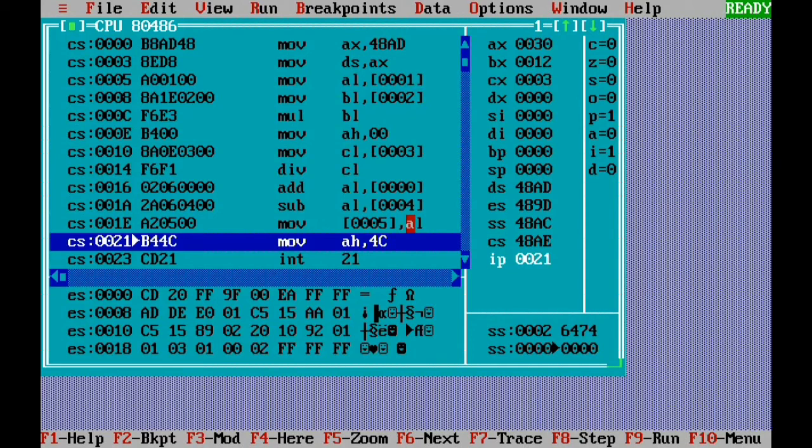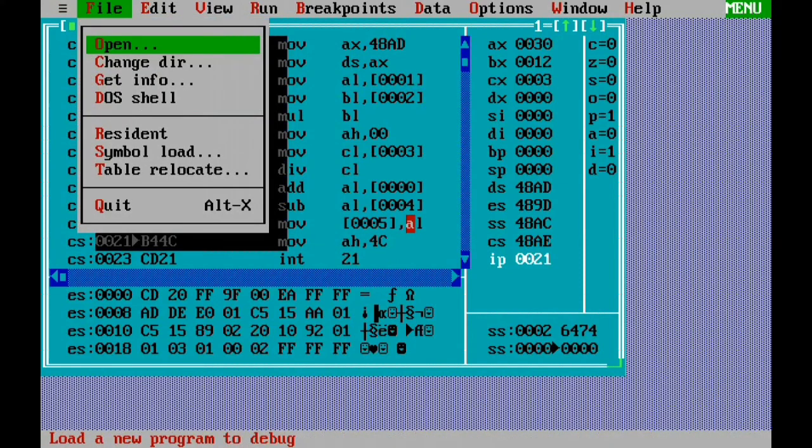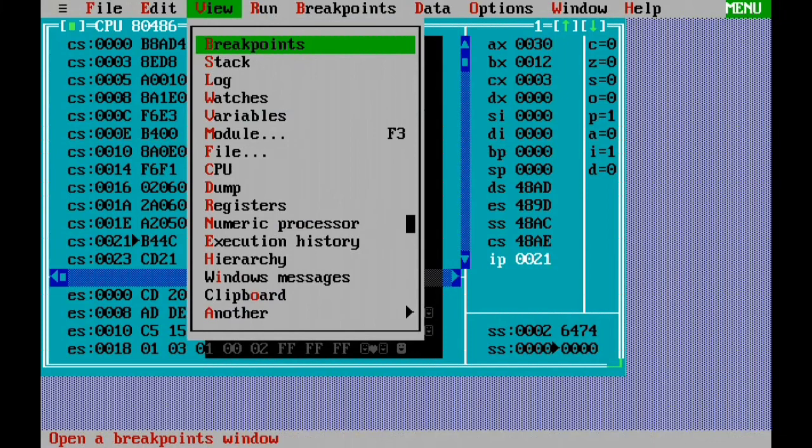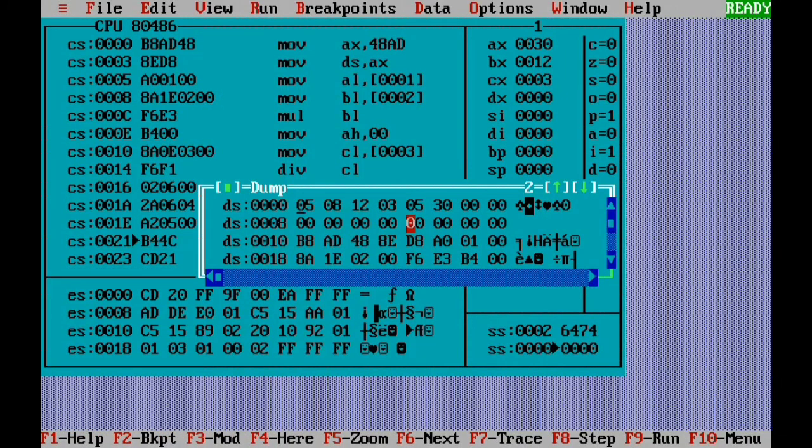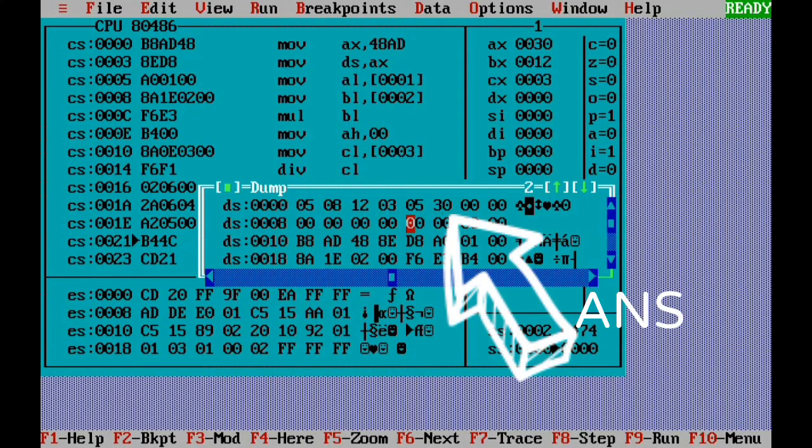I have already shown you in the presentation that the output should be 30H. So I'm just opening the view and go to dump. Here you can see that 5 is our first value, 8 is the second value, 12 is the third, 3 is the fourth, and 05 is the fifth value, and this 30H is our answer. So we got the correct answer, so the code is correct.